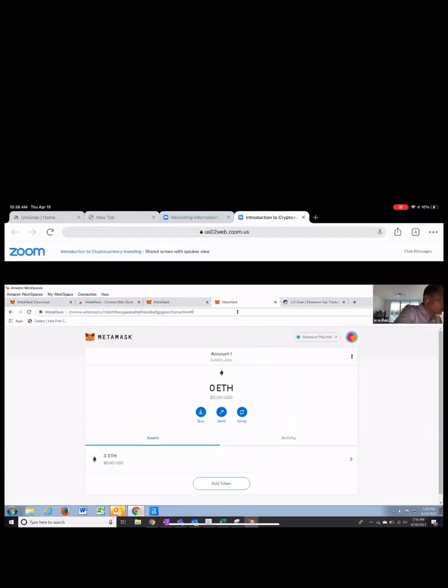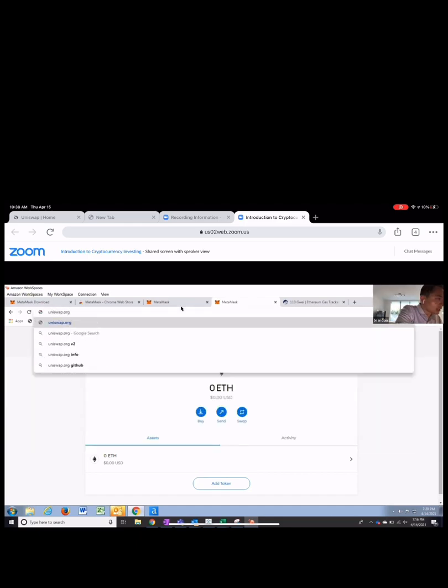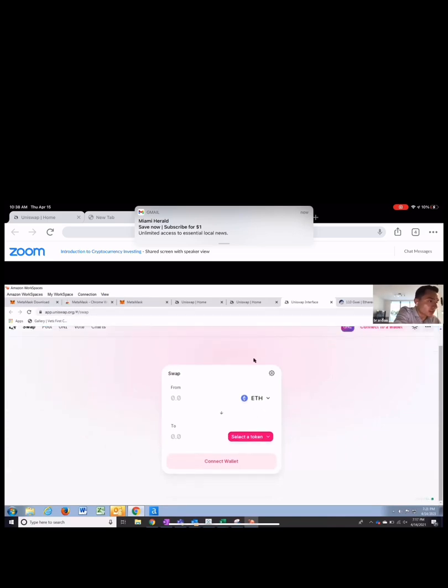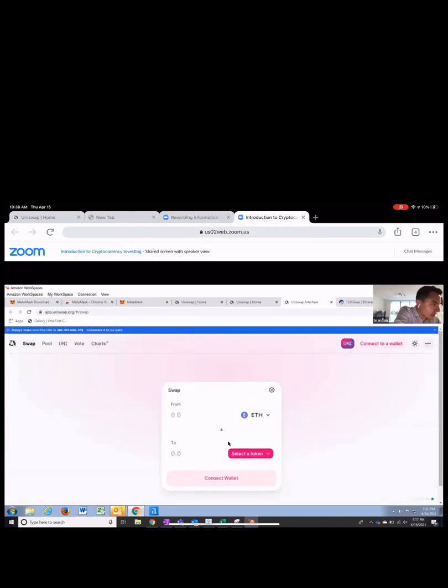Uniswap is the number one exchange. So what I'm going to do is go to Uniswap's homepage and bring you to this very simple app interface, which is essentially Uniswap's application. It's a really simple chart, but there's an option where you can hit connect to a wallet. So what I'm going to do is connect it to my MetaMask wallet